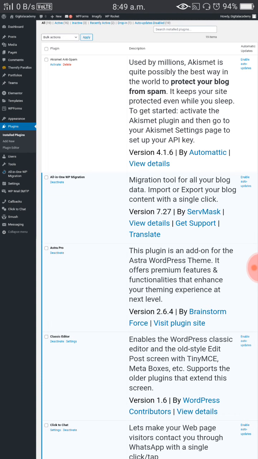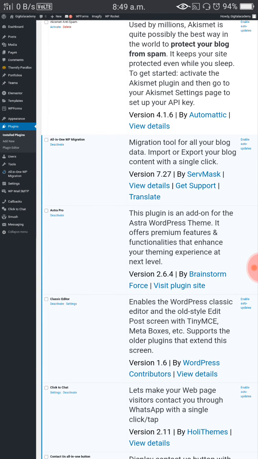Okay, and also it is not recommended for you to have a lot of plugins, as it can decrease your site performance. So keep your WordPress clean by only installing essential plugins and deleting the ones that you are